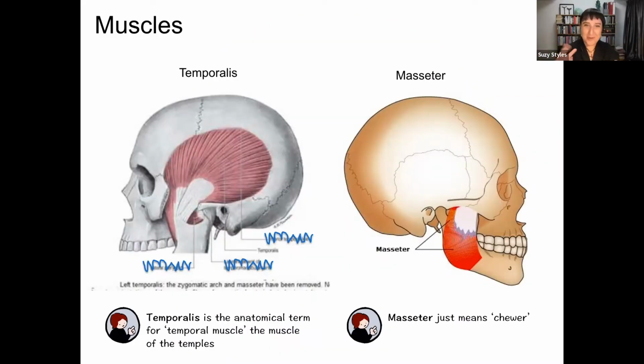We have two important muscles here, the temporalis and the masseter. So the temporal muscle is the one that comes up like a giant fan across the side of the head, and it connects the mandible to the side of the skull, allowing it to open and close with some amount of strength. So the size and shape of the zygomatic arch might tell us something about the size and shape